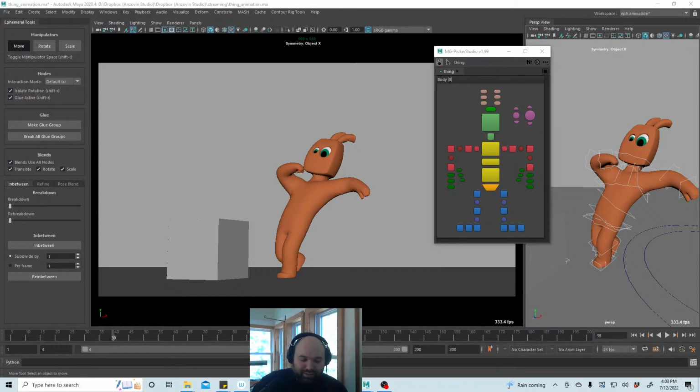The thing about it is that the performance issues with the ephemeral system, to a large degree, just come from Maya and querying the Maya scenes. So it's not even the Python. The bits of math that the ephemeral system's doing, if you were to write it in C, for instance,